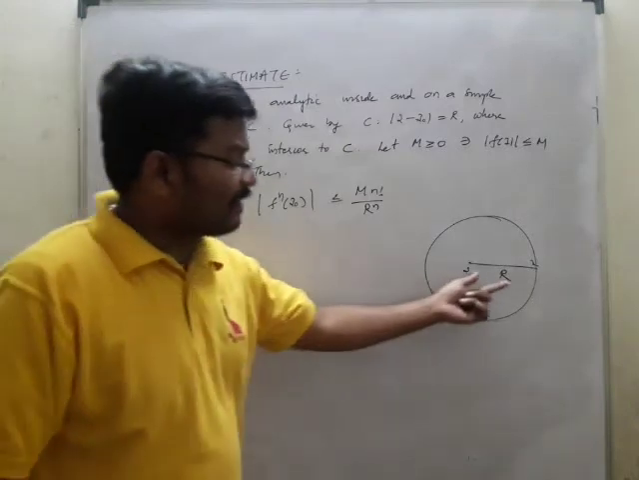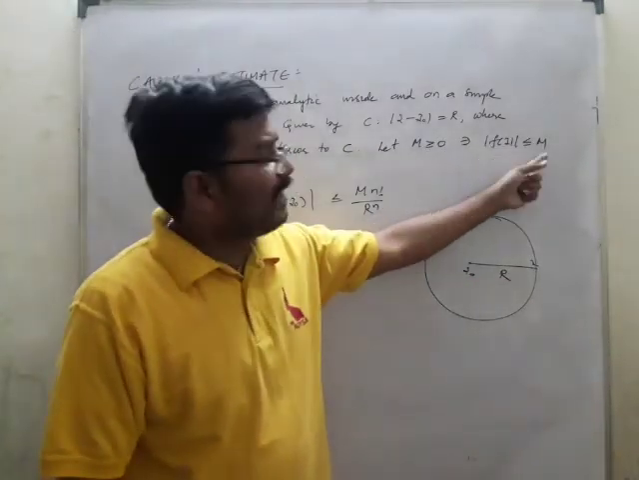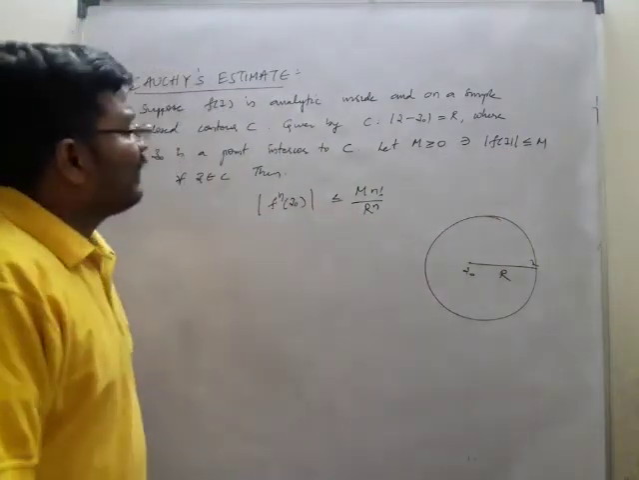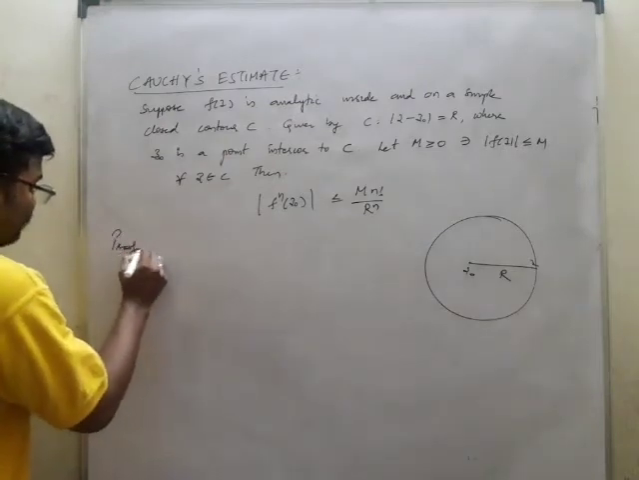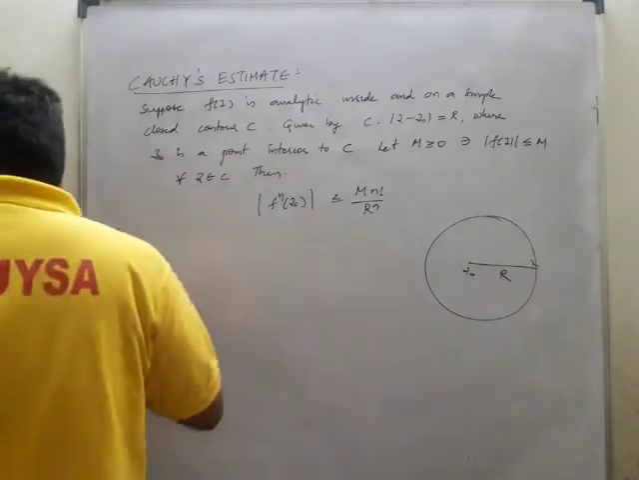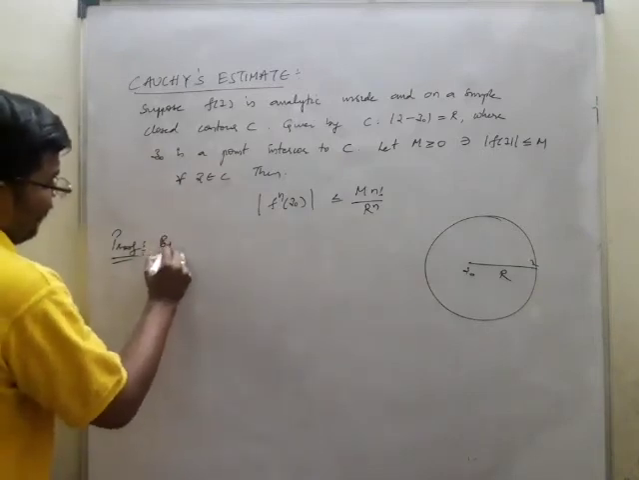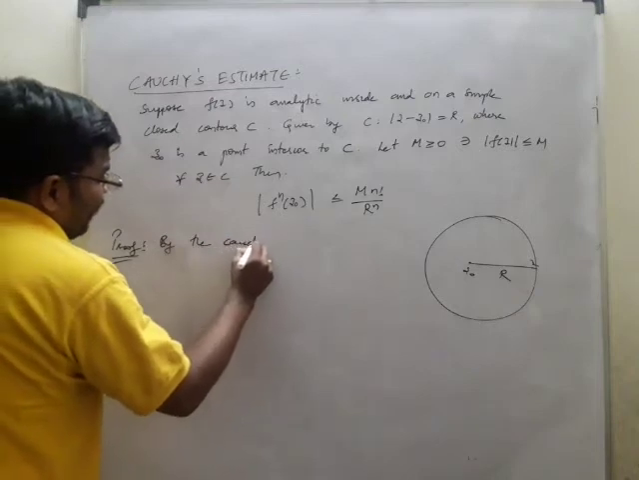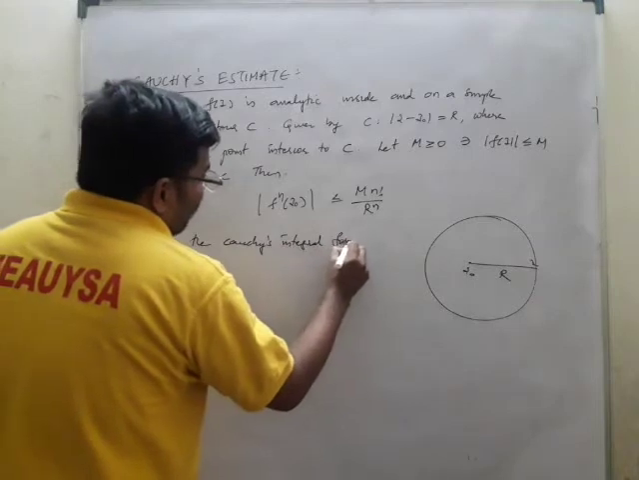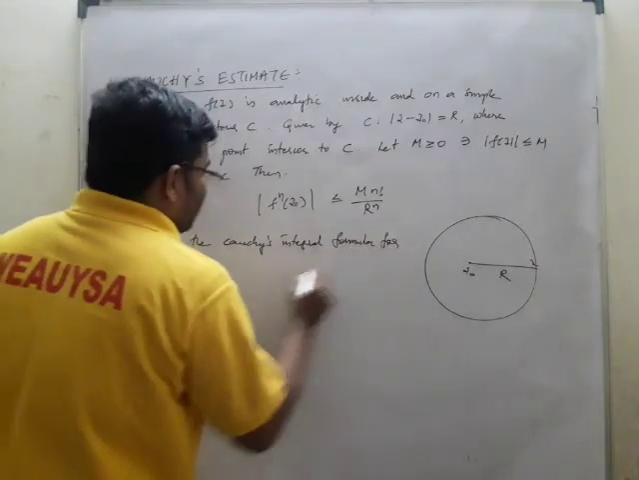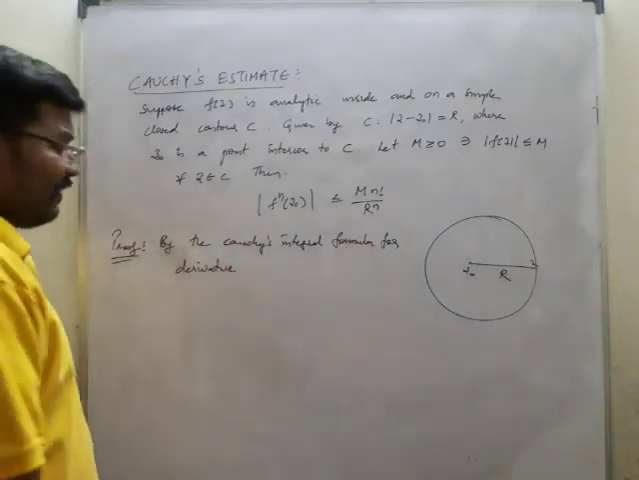Here |z - z₀| is nothing but r, and |f(z)| is bounded by M, and we need to find out the value as follows. So, proof by using Cauchy's integral formula for derivatives, we have